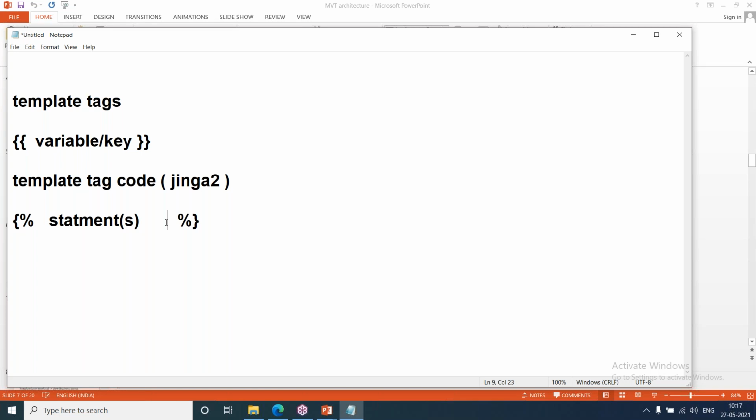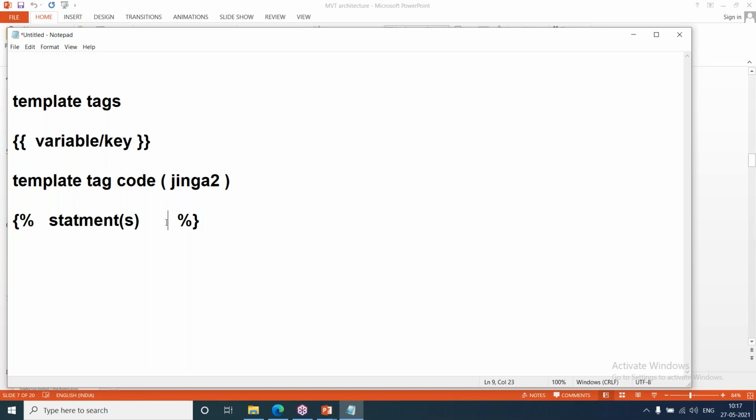So rendering means conversion, converting server side code to client side code. Server side code runs in the server, but we have to convert that to client side code. That is called rendering. In Django, we can create HTML controls using Python code. When we write Python code in Django, that Python code is converted to HTML code, like client-side code, and then we can see the controls. That is rendering.